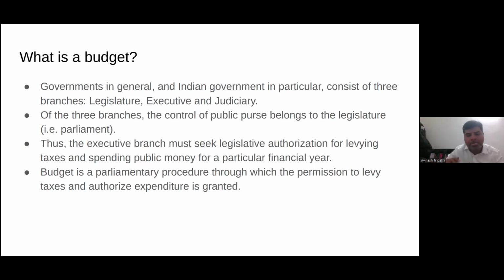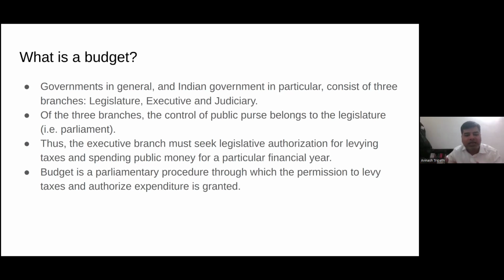Number two, the actual expenditure is made by the executive, different ministries, different departments. And before they can actually make that expenditure, they need to get authorization, they need to get permission from the legislature. And this entire process is known as budget, and it is repeated every year